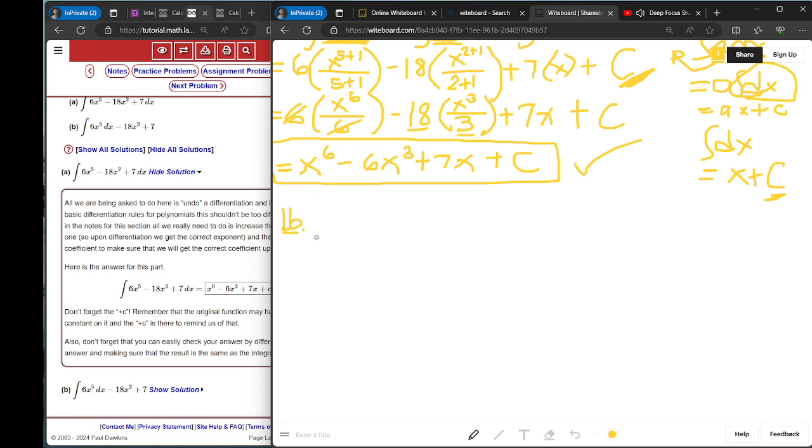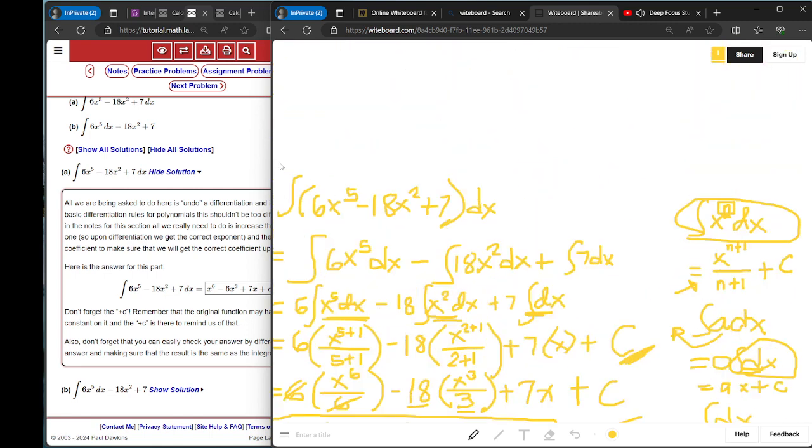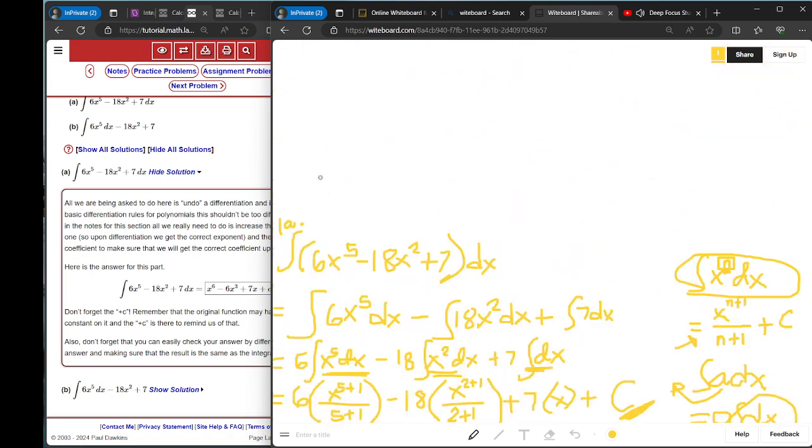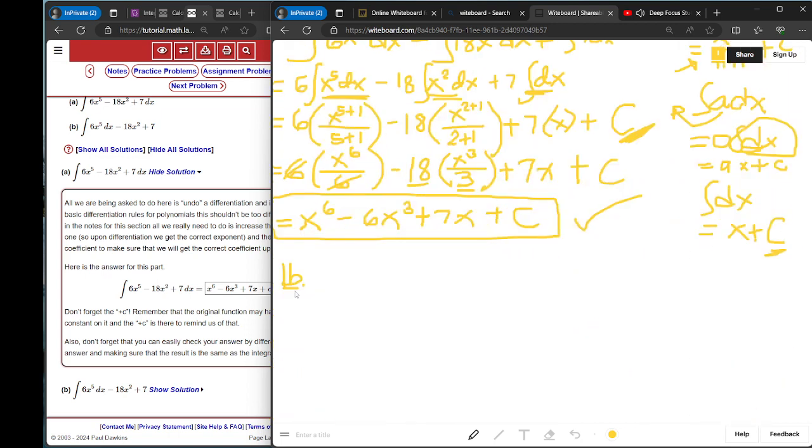So we have solved 1a. I think I need to use a circle instead. That's 1a. Next we're going to solve 1b. Right. So 1b is the integral of